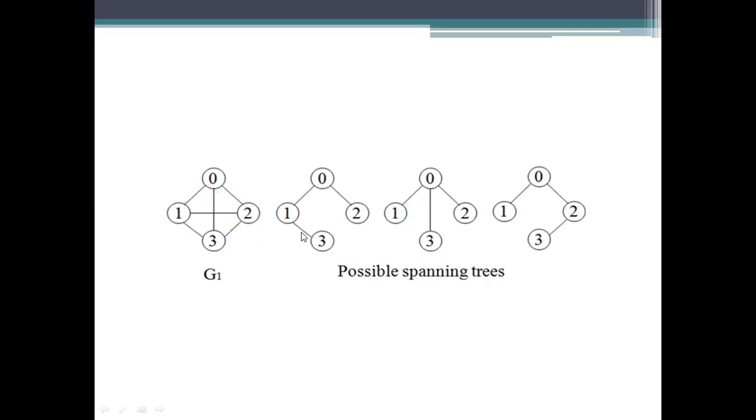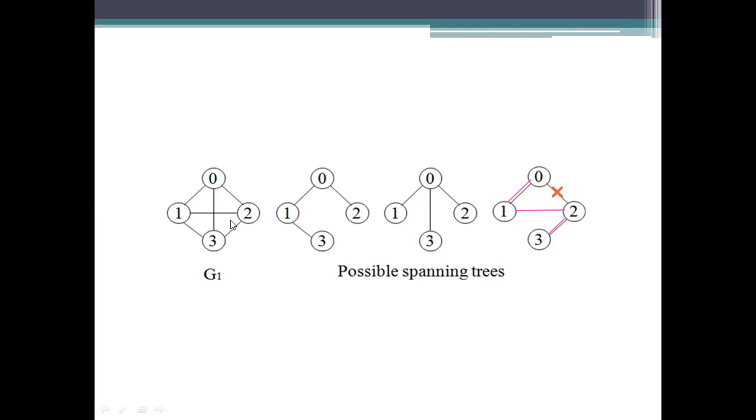And there are possible spanning trees also. So we can draw a line from here to here, and here to here. And then we can use this path. This is also one path which has been considered for creating the spanning tree. So these all are possible spanning trees, and they are subsets of the